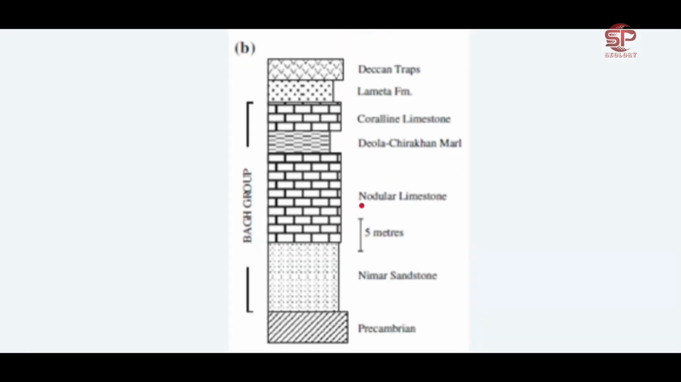So this is the succession of the Bark bed, which was deposited during the Cretaceous. It includes Nimar sandstone, nodular limestone, then marl, then coralline limestone. Then above that, you will find Lametta and Deccan Trap. That means up to this coralline limestone is your Bark Group. So it consists of a lower sandstone and a limestone bed, where the sandstone is devoid of fossils and the limestone contains fossils. So according to the options,